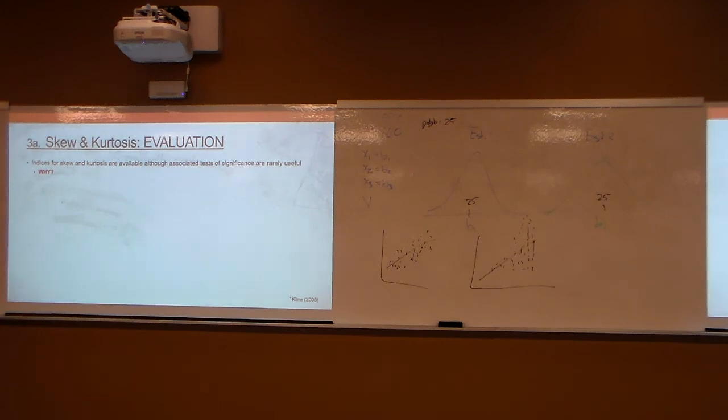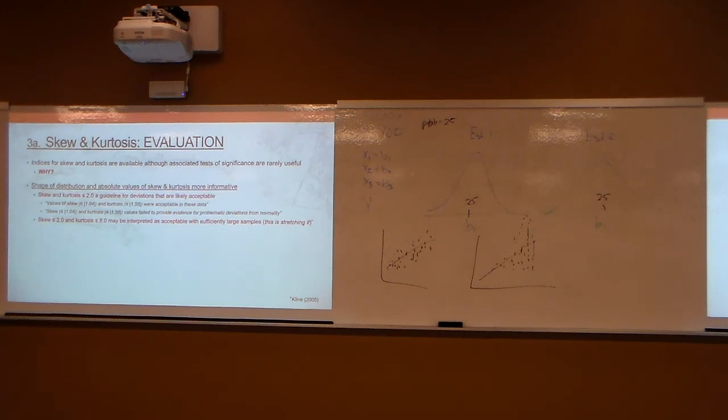If you have enough people, it's going to be significant, but that doesn't mean it's a problem just because you have that. Exactly. The assumption of our data is not that we have zero skew. The assumption is that it's reasonably meeting things, and if I start to have lots and lots of people in my sample, which is good, then all of a sudden